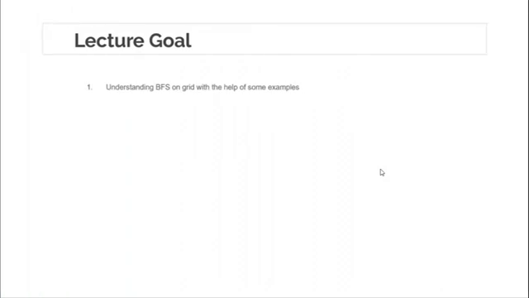So what are the lecture goals? Of course, the lecture goals are to understand BFS on 2D grid with the help of some examples. And then of course we'll be looking at the similarities between BFS on a graph and BFS on 2D grid. This is same as what we did in the previous lecture when we studied